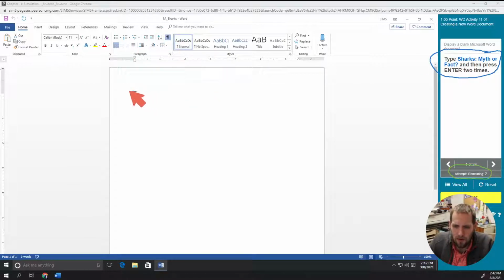Also, you'll notice that there's this little funky symbol right here. That is the formatting marks that you're seeing, and that is turned on by this little button right here. You may like to have that enabled for these assignments. I find that it helps out a lot because